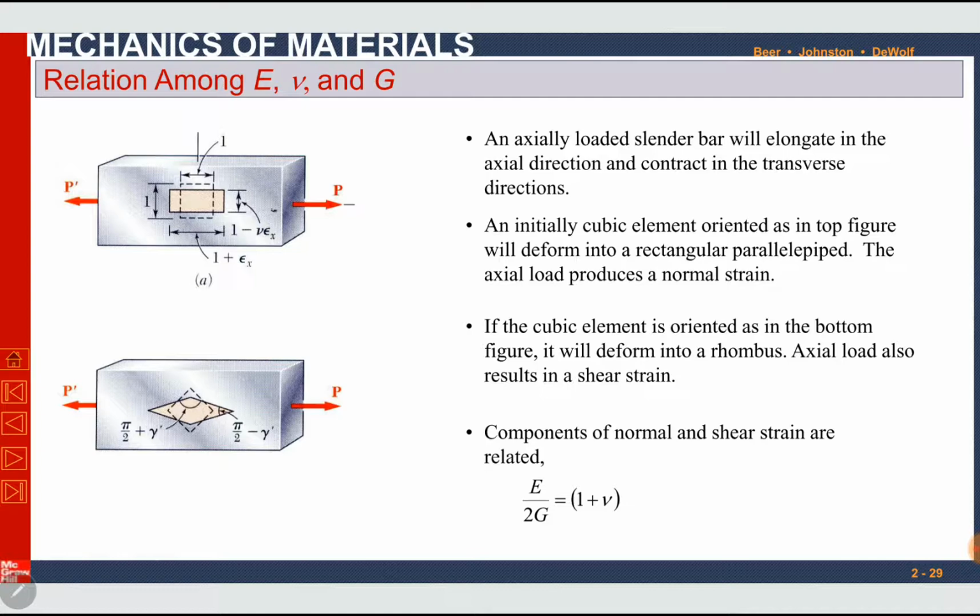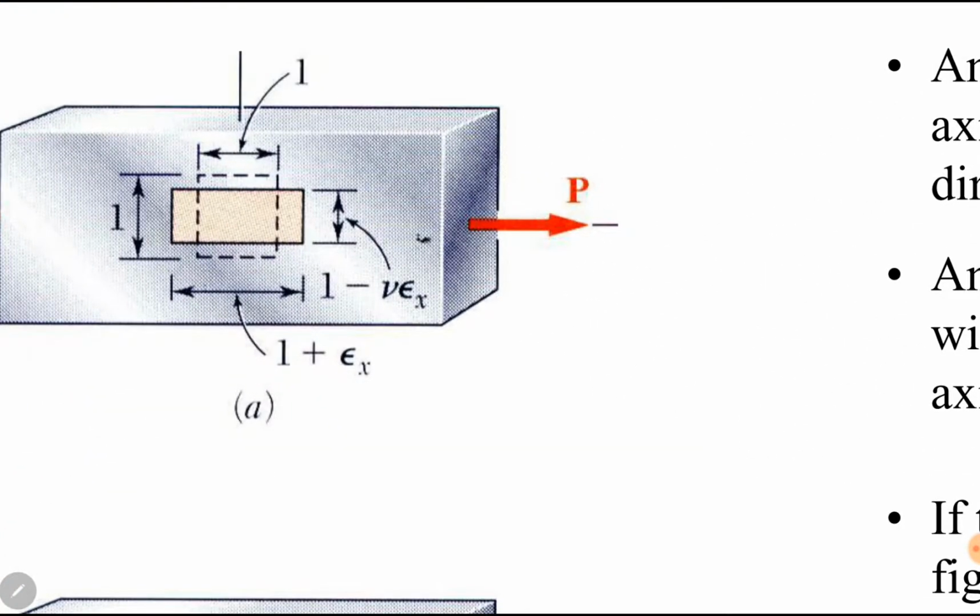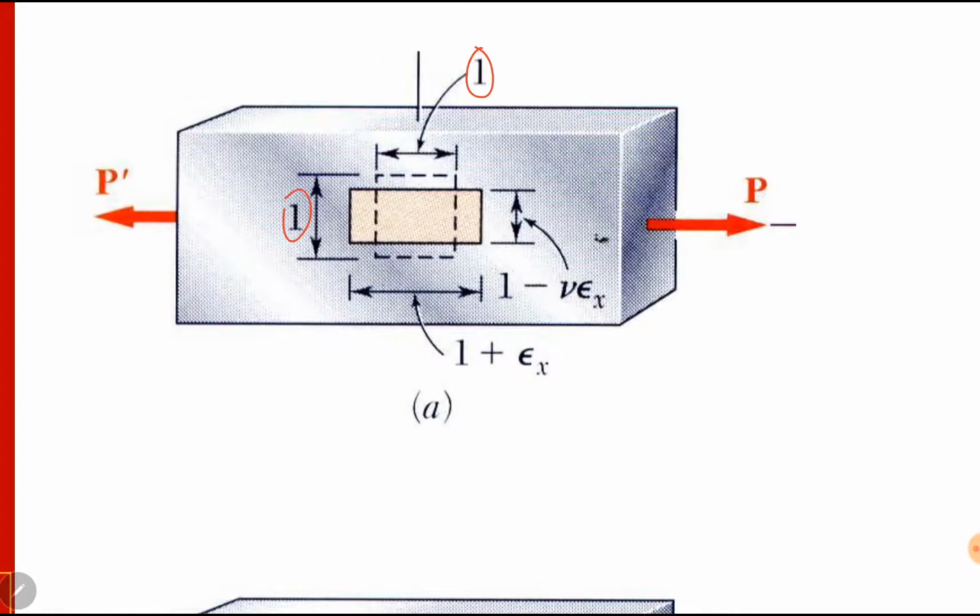Here is a rectangular bar under load P. Initially, if we specify a cube, which is the dotted one here, of dimensions 1 cross 1, and we apply axial force on it,